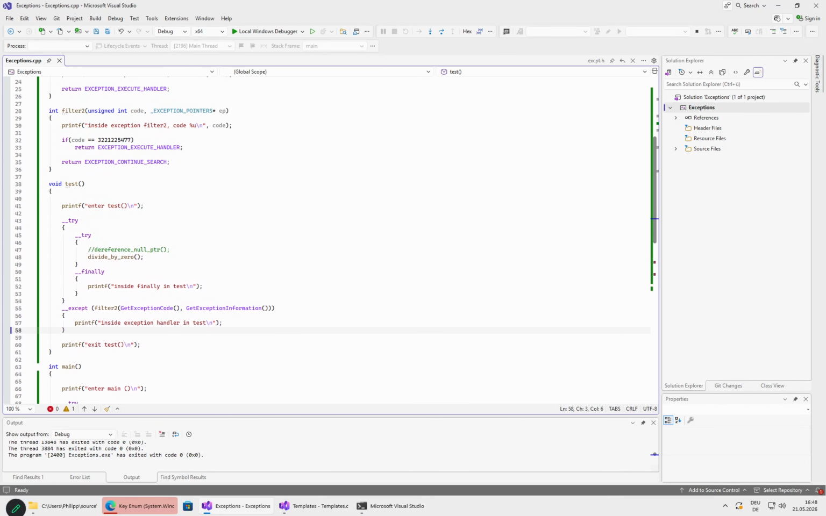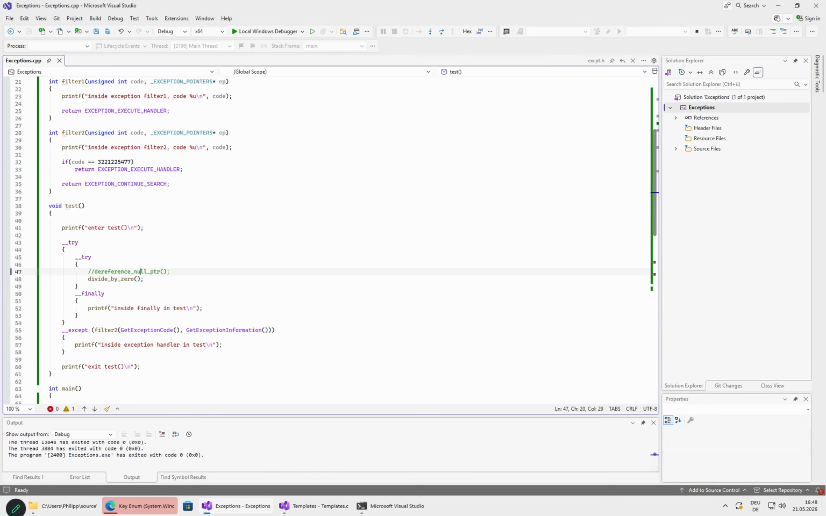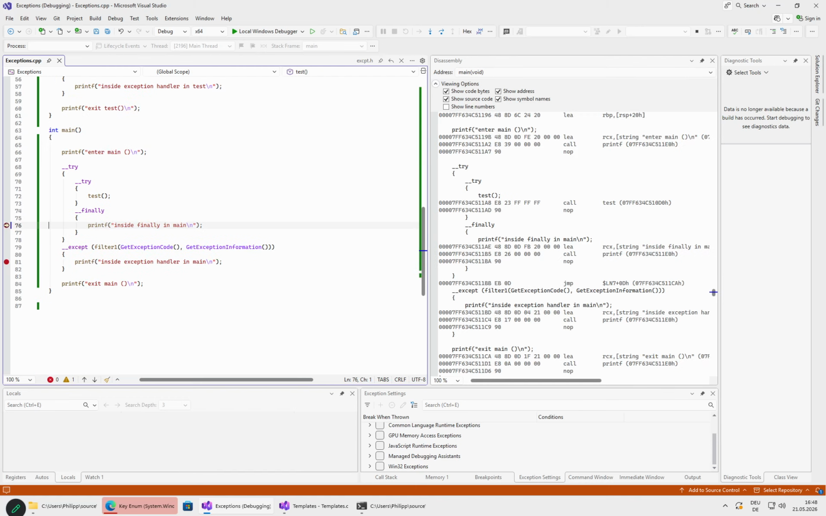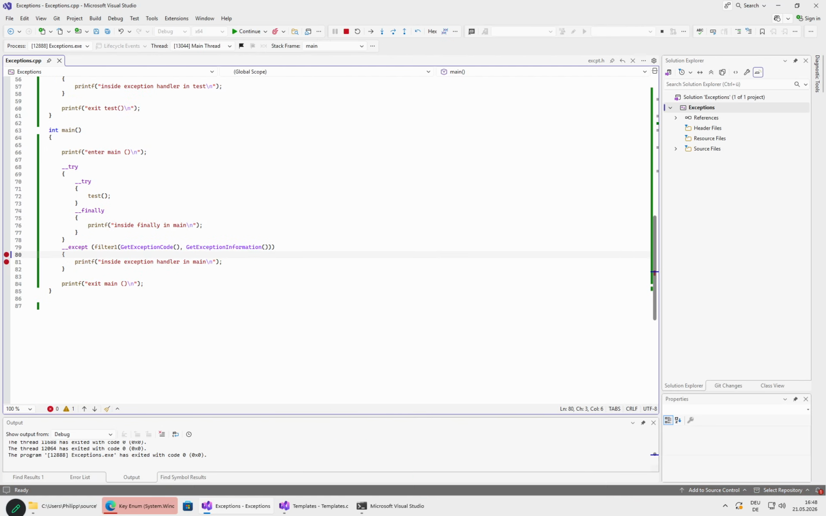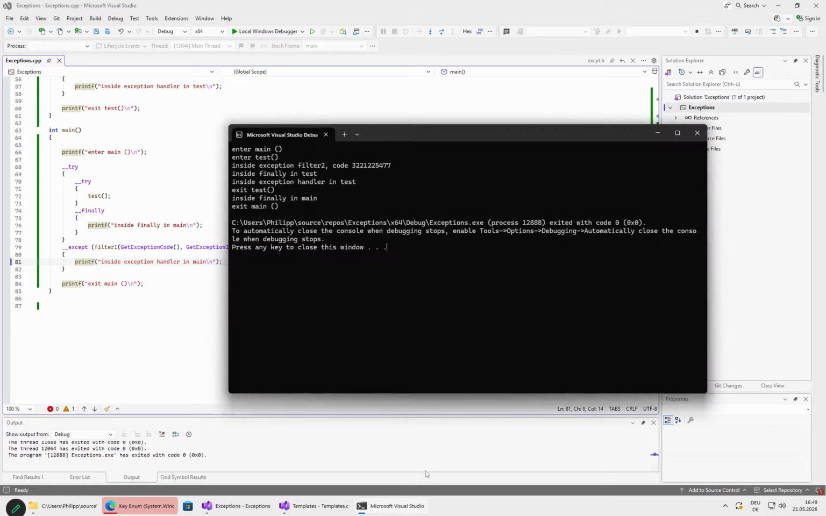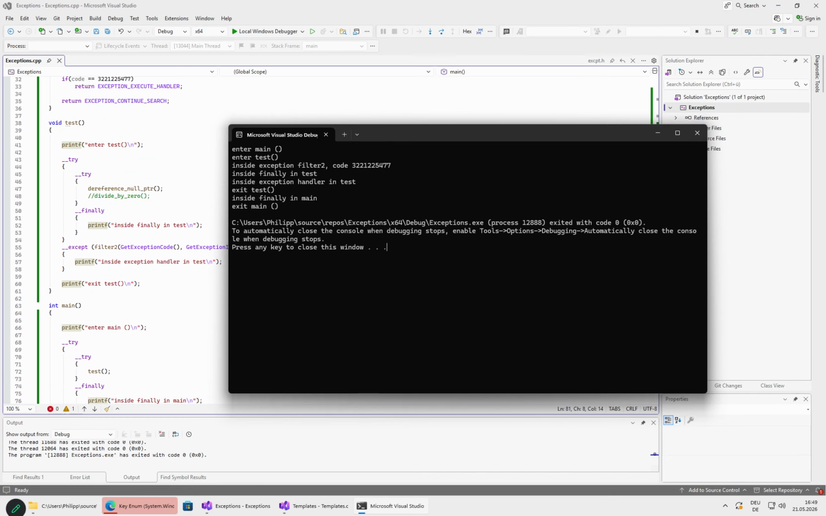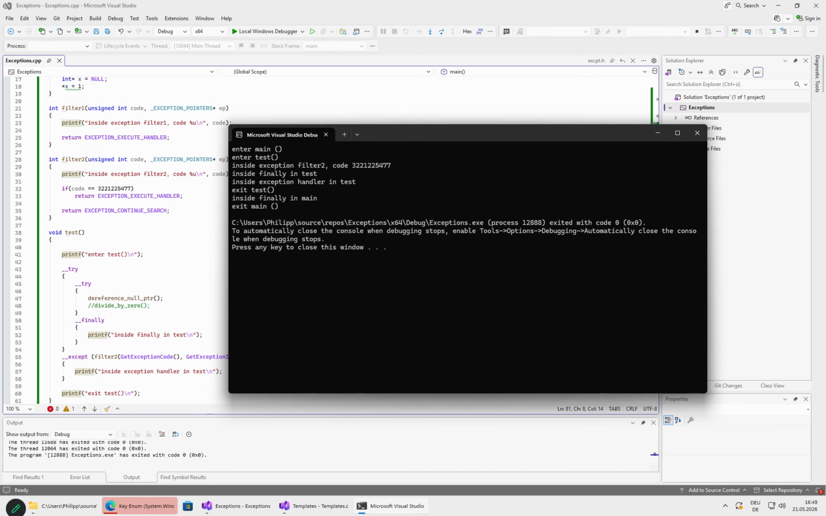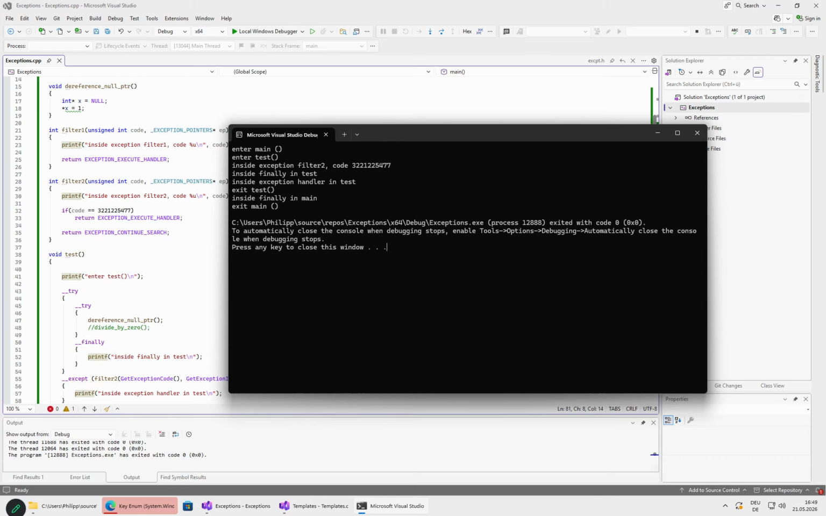Right, let's also switch this to the other example that handles everything and see the order of operations. So we enter main, we enter test. Test does something that it shouldn't, it creates a crash. Then we enter here the exception filter for test, so this thing here, exception filter 2, and the exception filter